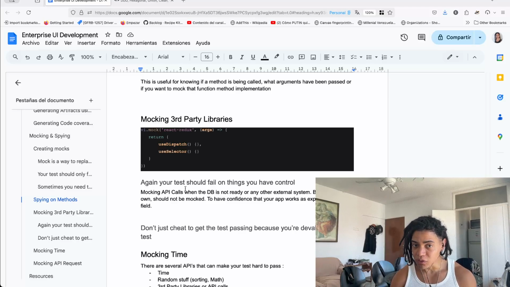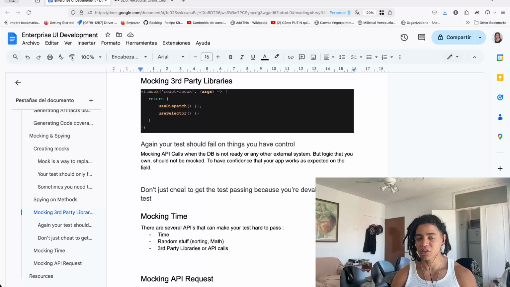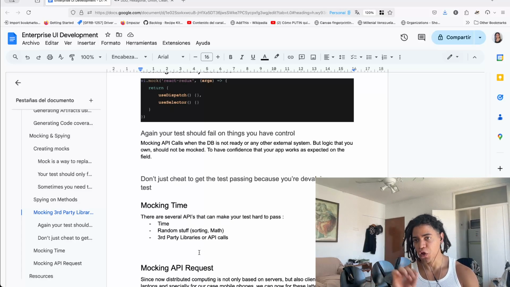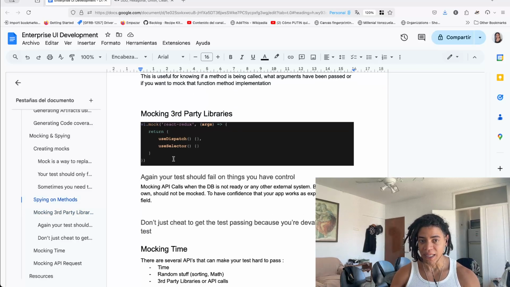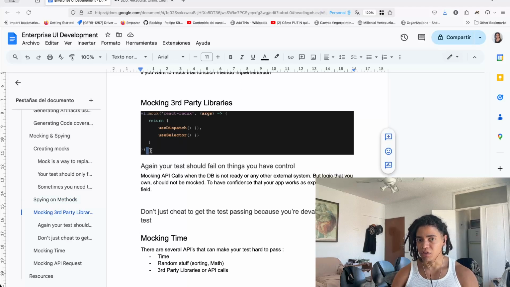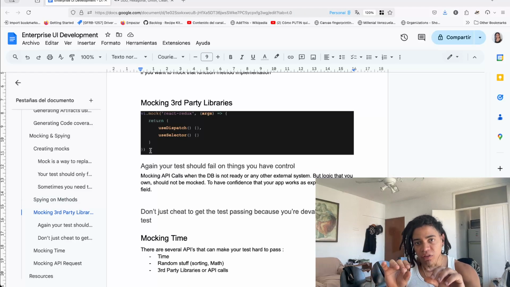We're very careful of doing that because the only places, as I mentioned, where you can mock stuff are time, random stuff, so sorting, math, or API calls, and perhaps third-party libraries, so code that you don't own. When you now run your test, you might even feel the temptation to create a Redux store for that, but as long as you can recreate that, your tests will reflect the real world